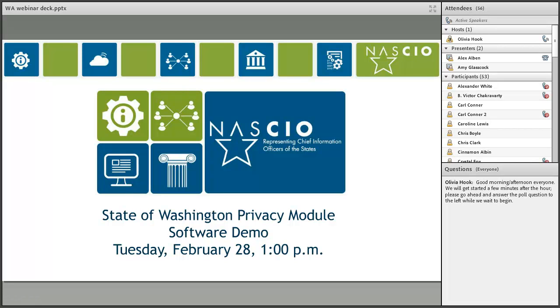So, after consulting with academic and legal experts from the privacy community in Seattle, the state's Chief Privacy Officer, Alex Albin, retained a software firm to create a web application, which returns relevant search requests based on the intended use of personal information in a product or service.